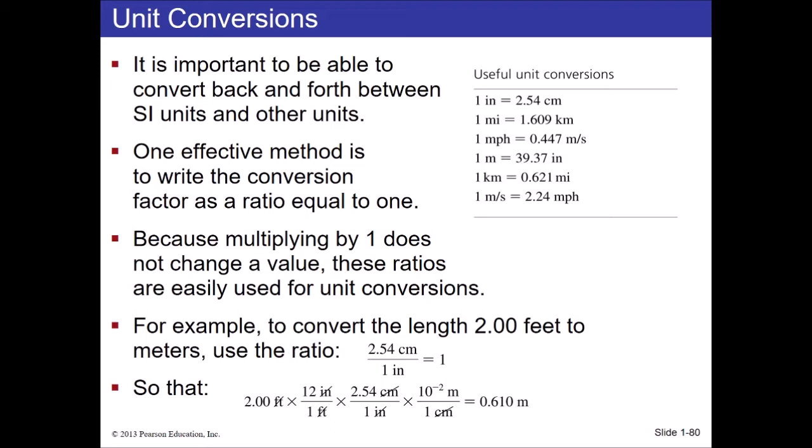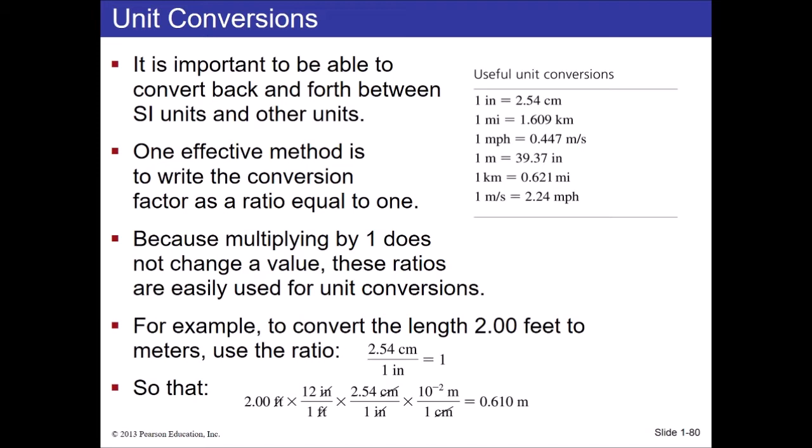Now, what's nice about forming the conversion ratios like this is that the units cancel out in the same way that factors cancel out in fractions. And so it's a good way to keep track of what units you're getting rid of and what units you're keeping. When you form the conversion ratios, you always want to form them in such a way that what's on the bottom is what you have and you're trying to get rid of, and what's on the top is what you ultimately want,